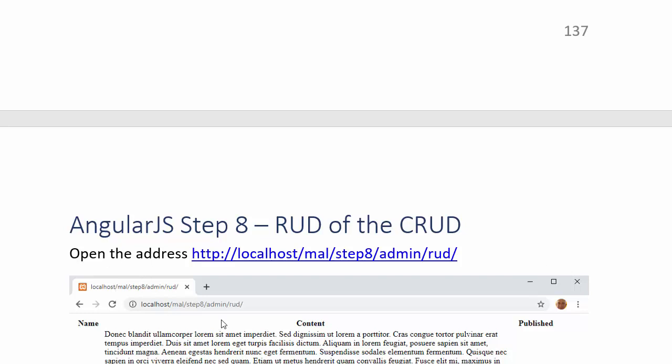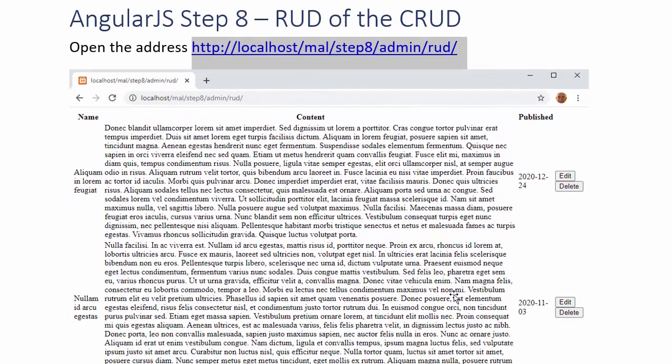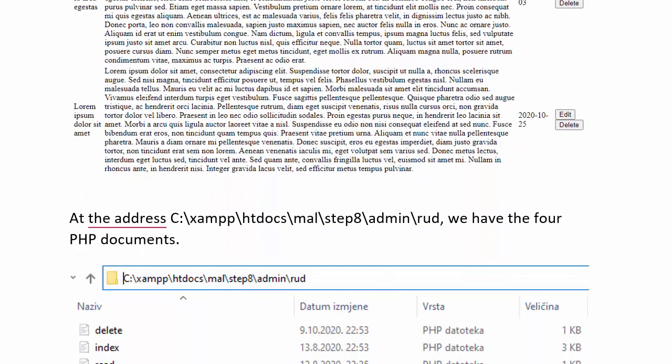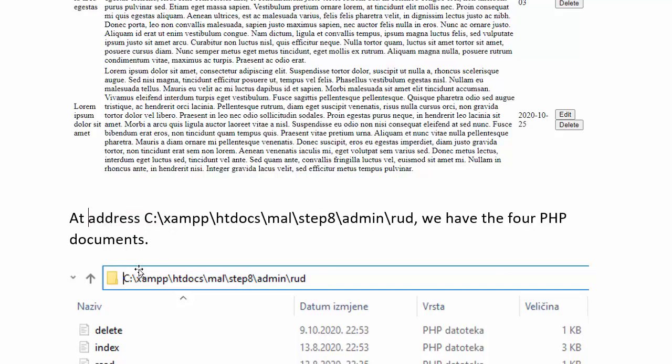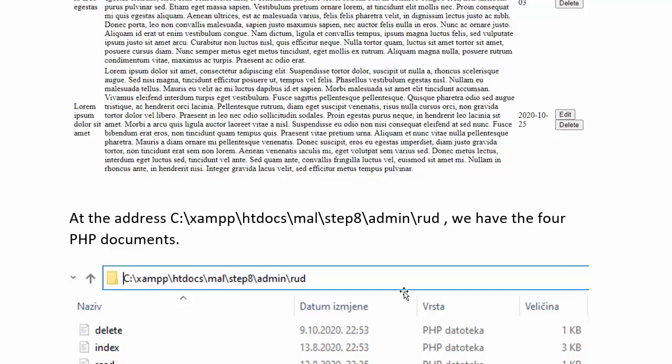AngularJS step 8, RUD of the CRUD. Open the address, this one, at the address, this one, at the address we have